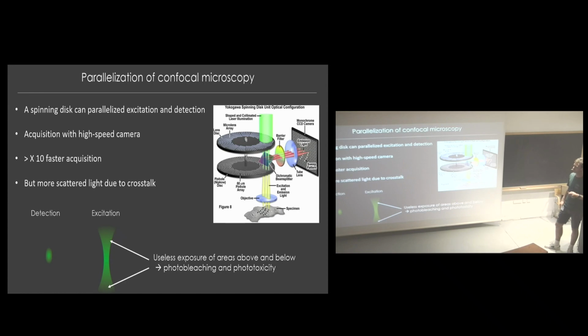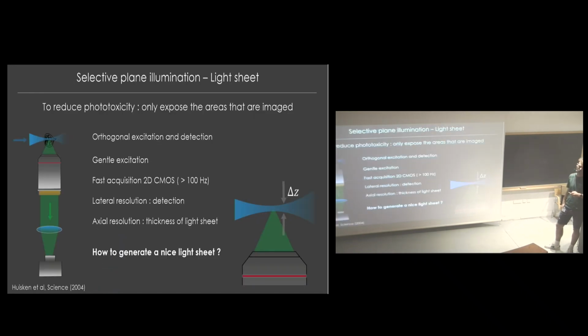So an idea to avoid this is to change the geometry and to do selective plane illumination. By doing this, you want to shine light only on the region that you are currently imaging. And to do this, you need an orthogonal geometry. So here you have a regular fluorescence microscope, but now the illumination comes from the side. And by doing this, you can spend more time on each pixel, meaning that you can reduce the amount of power, so you have a gentle excitation. You image directly a 2D plane, so you can use a fast camera,